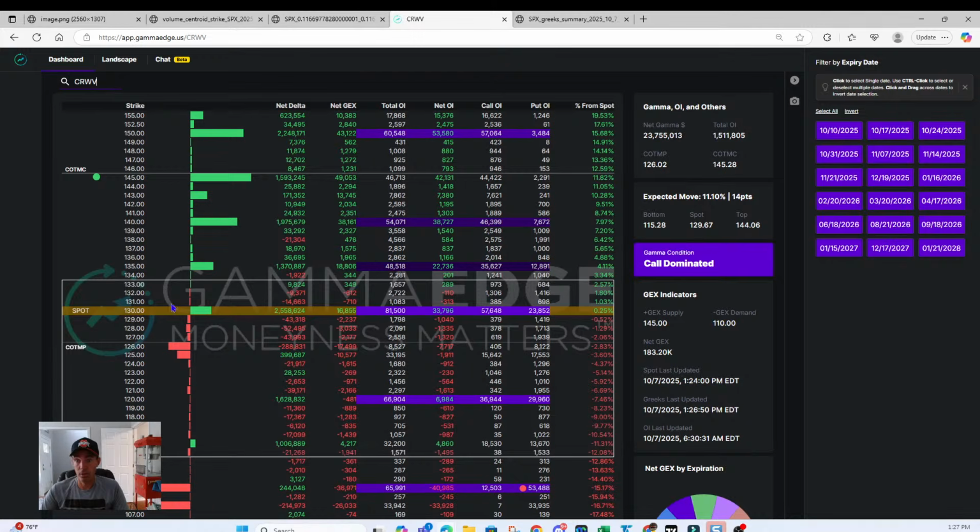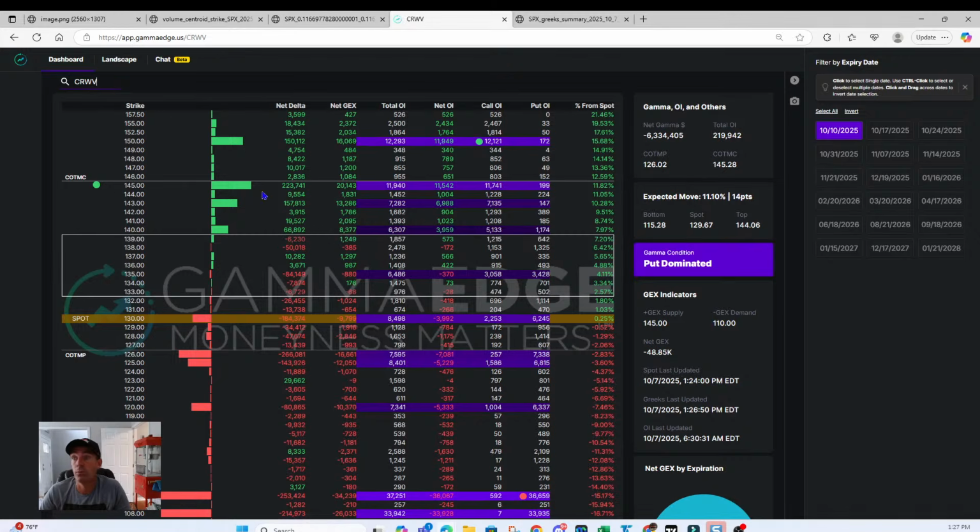CoreWeave, call dominated, very wide transition though. That's some uncertainty within the overall market participants. Let's look at this. 145 is PGEX, 150 COI, well below a wide transition though, so it's going to be